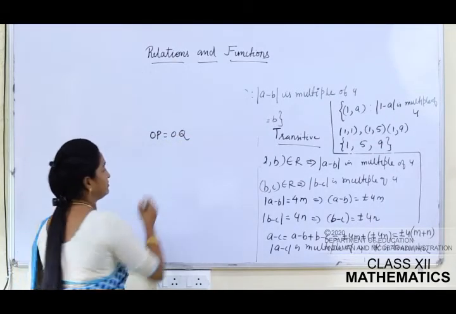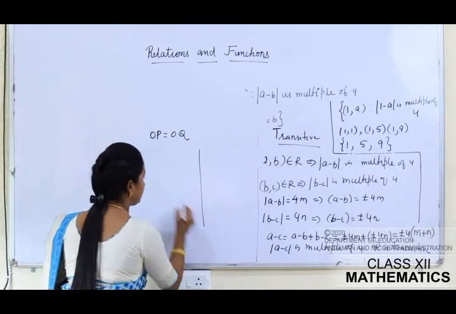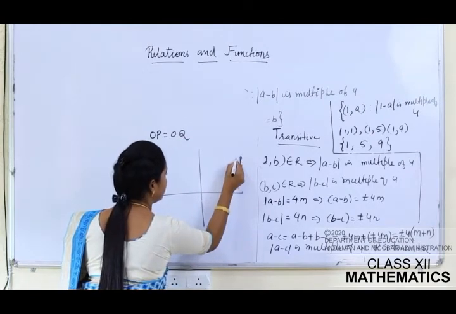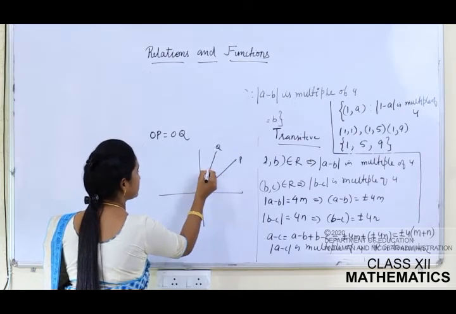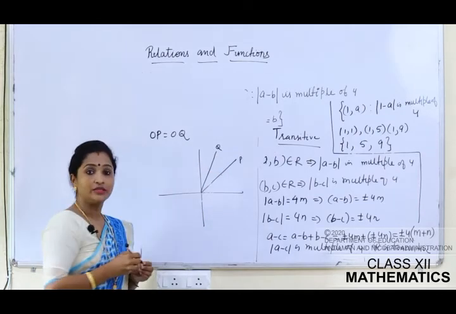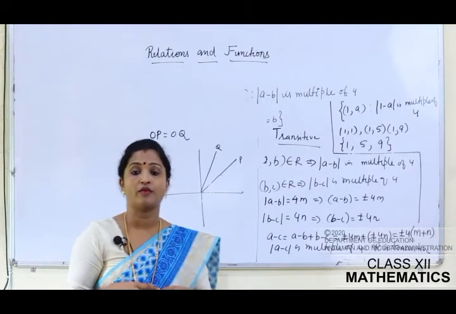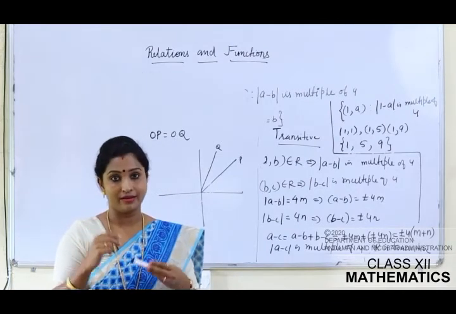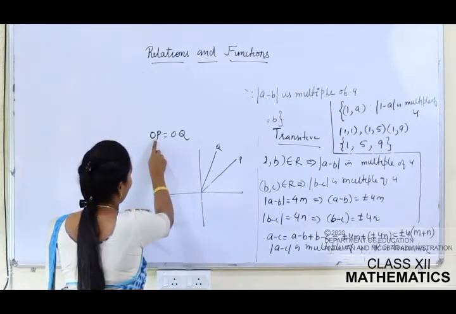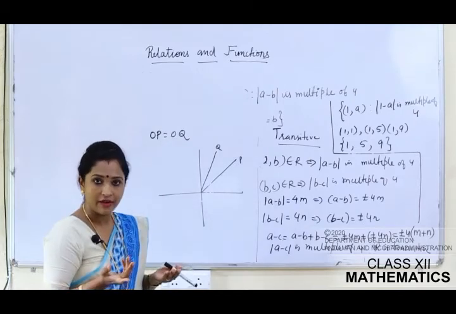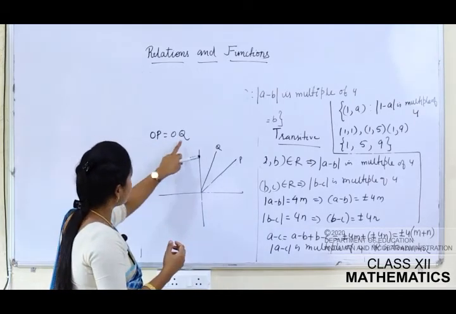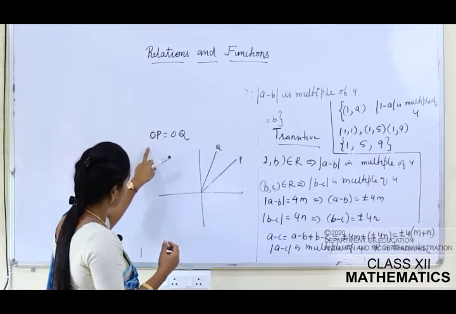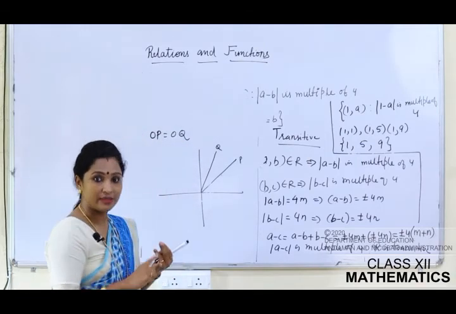This is the relation. Okay, this is the plane. You have got a point P here. Okay, you have got a point Q here. This distance and this distance both are the same. Now in this relation, you have to prove it is an equivalence relation. OP is equal to OP. Reflexive, same के साथ same का distance same होगा, it is reflexive. OP is equal to OQ, that means OQ will also be equal to OP. ठीक है? So it is symmetric.